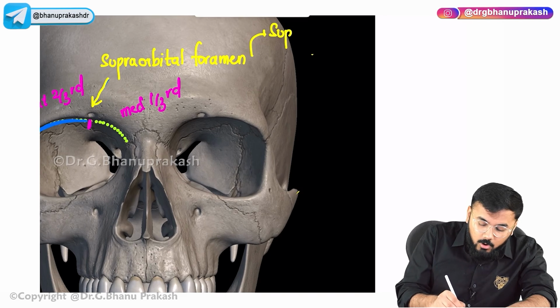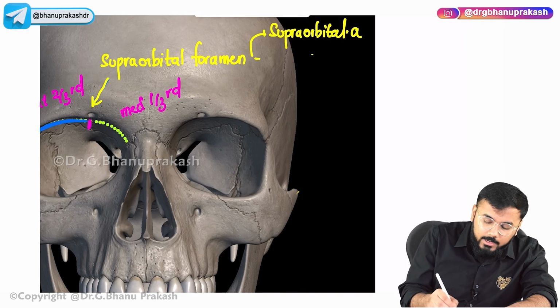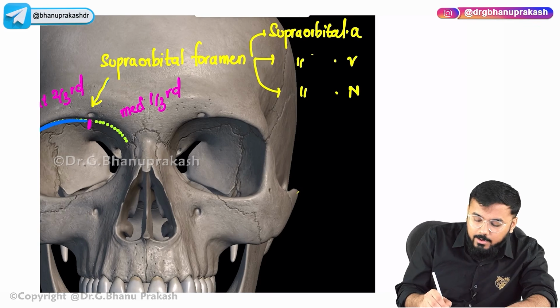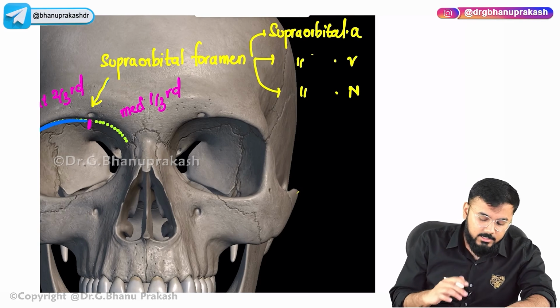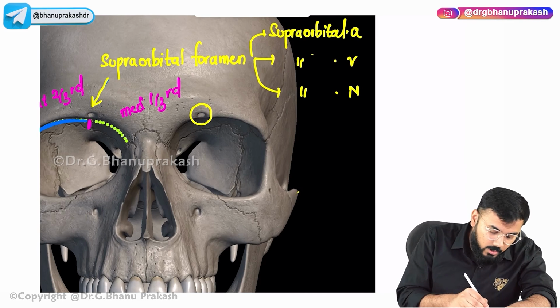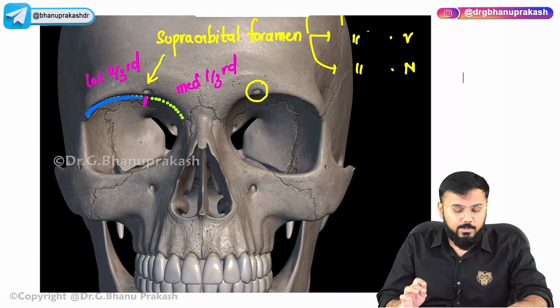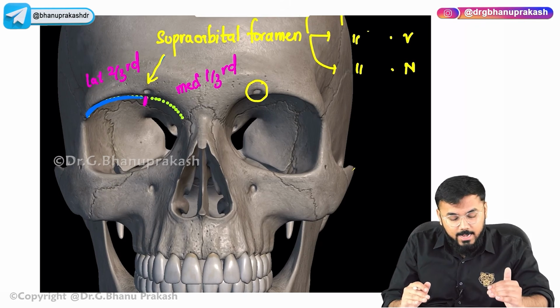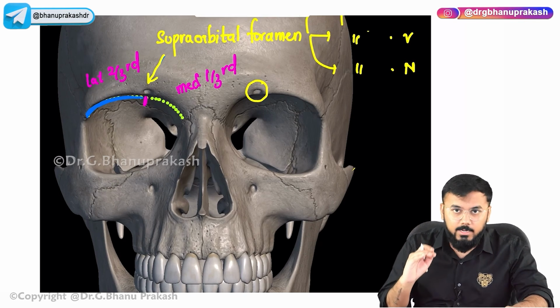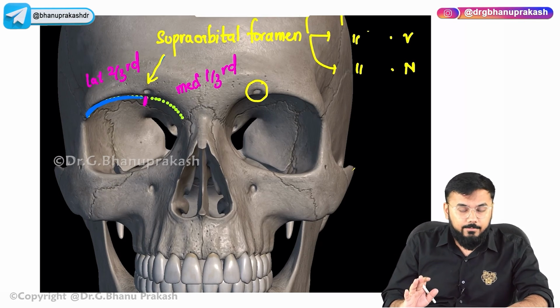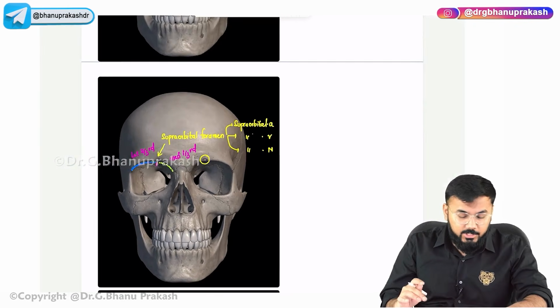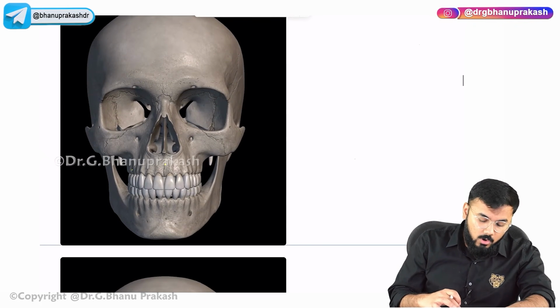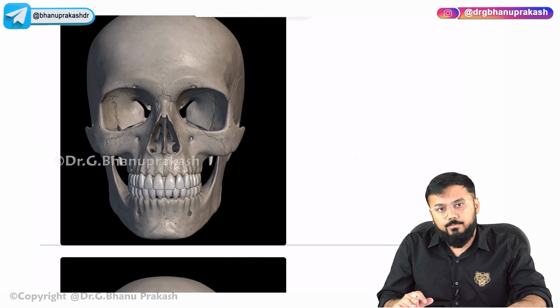So here you have got supraorbital artery, supraorbital vein, and supraorbital nerve. These are the three structures that are passing. See here also, you have got supraorbital foramen. Where is it present? It is present in the junction between the lateral 2/3 and medial 1/3 of supraorbital margin. Okay, right. Next important thing is that if you focus on the infraorbital margin,